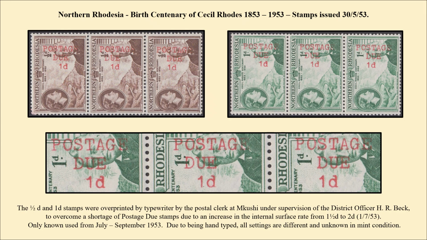Now we come to the controversial issue of the postage dues at Mkushi Post Office, where Beck, the district officer, ordered the clerk to type up postage dues on George VI stamps, on the coronation stamp, and on these 2 stamps to fulfill a need which had been brought about by the increase in the local letter rate from a penny halfpenny to 2pence. These 2 stamps in mint condition must be considered